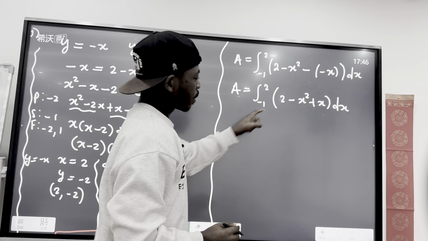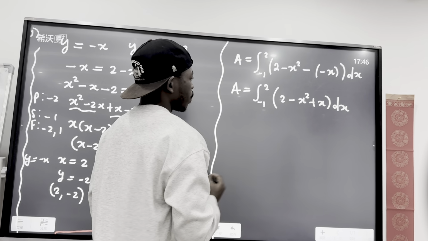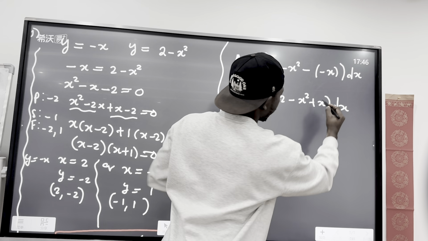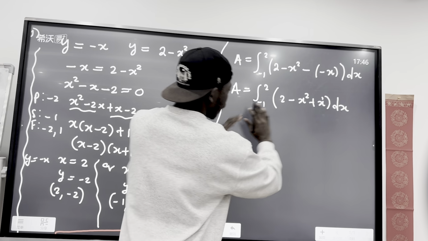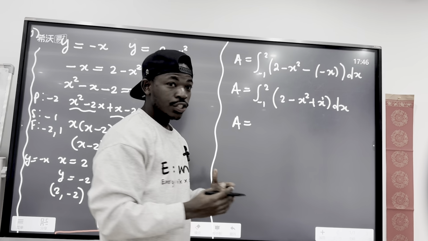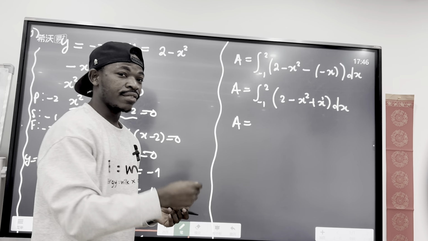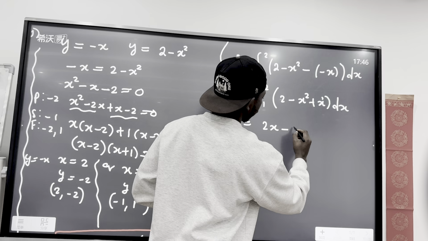Then let's now use the power rule and integrate what we have there. Remember, if I just have x there, the power here is 1. You need to take note of that. So let's integrate that. Our area will be equal to, if I integrate 2, it's a constant, you just give it x there. So this will be 2x, then minus x